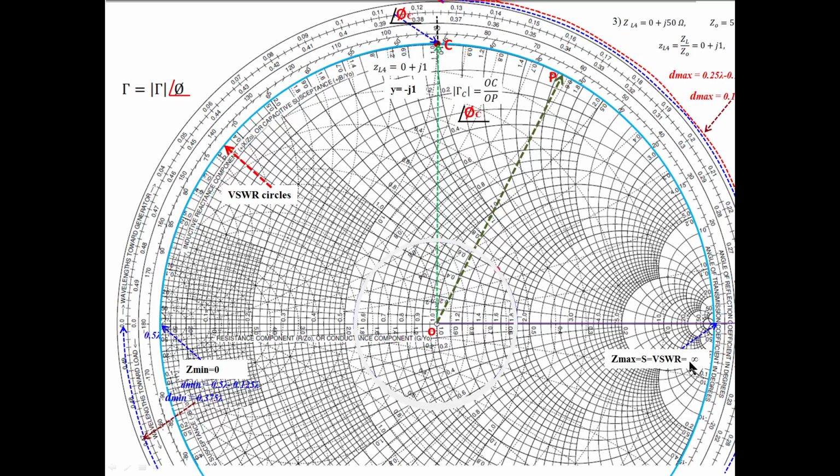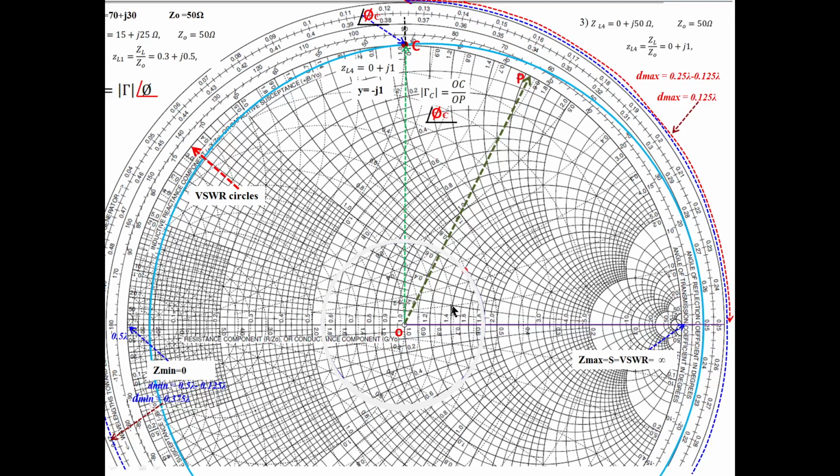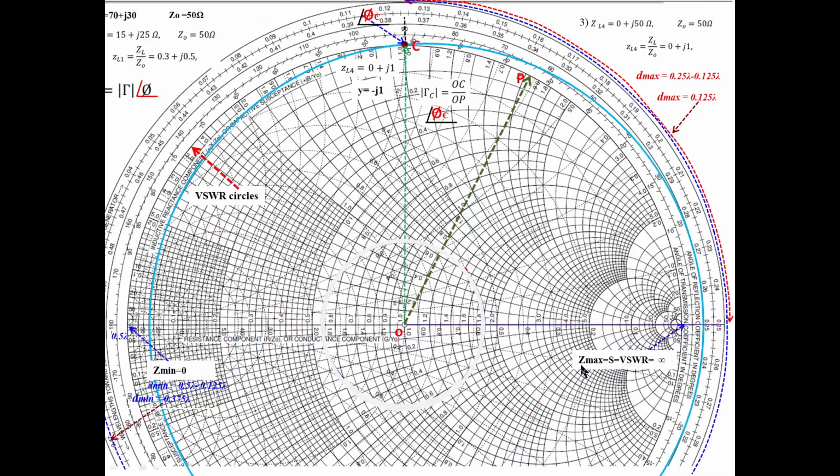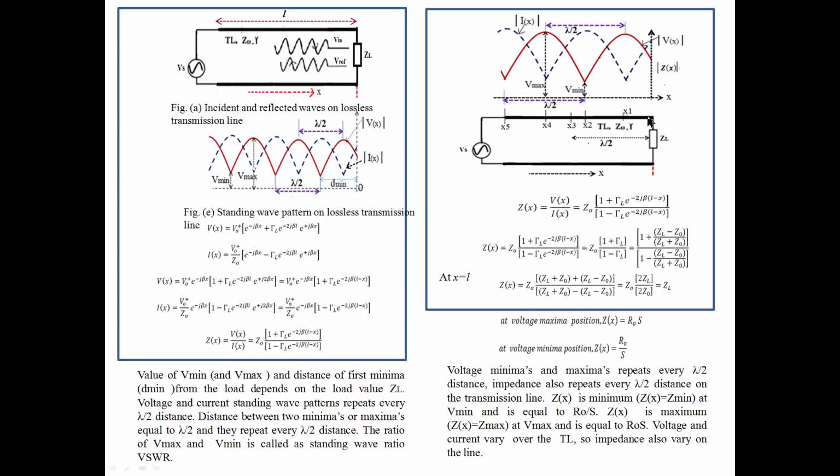Actually this Z value, the R value is infinity at this position. So that itself means VSWR is infinity for this load, okay. So that we were discussing in the earlier class. Now we will see there is a minima also on the transmission line. As you move like this, there is a minimum value of impedance. Wherever voltage is minima, there the minimum impedance is there. Okay, you can find this minimum impedance also.